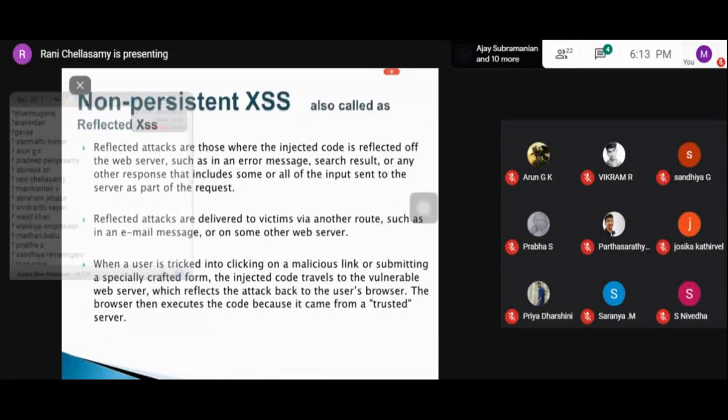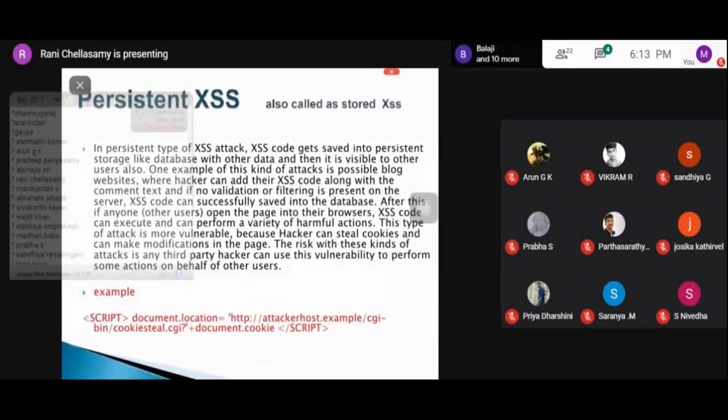Whenever the user clicks on some malicious link, or submits any forms, the injected code travels to the vulnerable web server, that is the unknown website, which reflects the attack back to the user's browser.